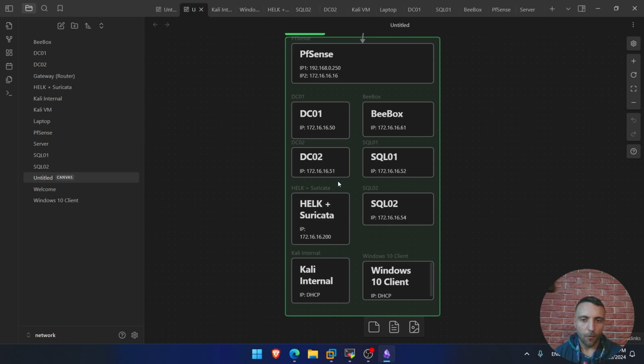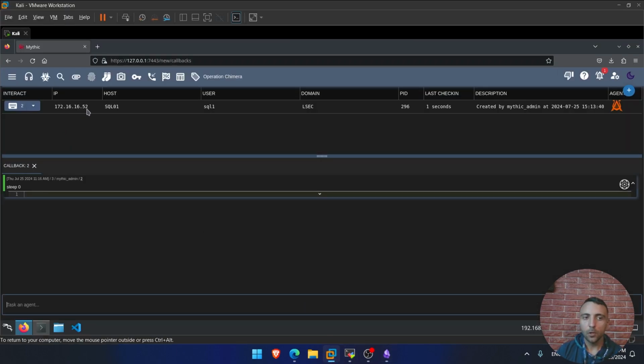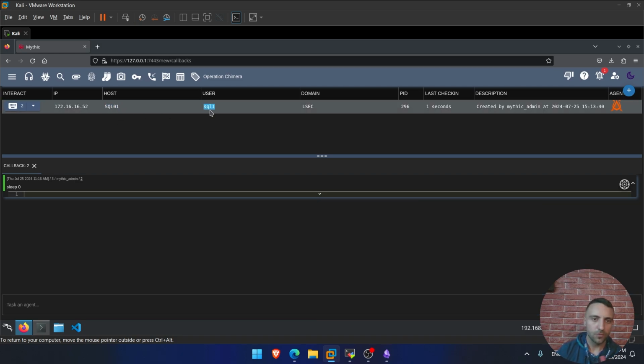Now, of course, we don't have to underestimate the service exploitation and searching for network vulnerabilities, but we're not going to do that now. But that's obviously a case where we can do lateral movement. All we can do is imagine we have credentials which are, let's say, domain admin, who is super privileged. Now, if I do that, I am currently not a domain admin. I'm a SQL1 user, which, as you can see, is not an admin